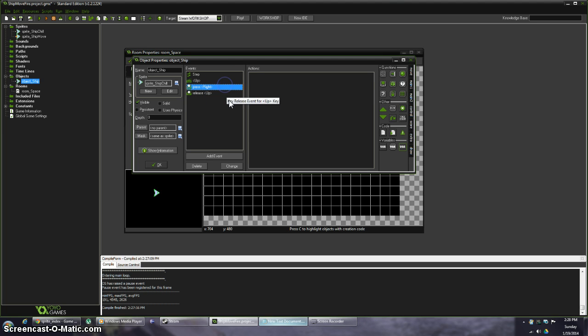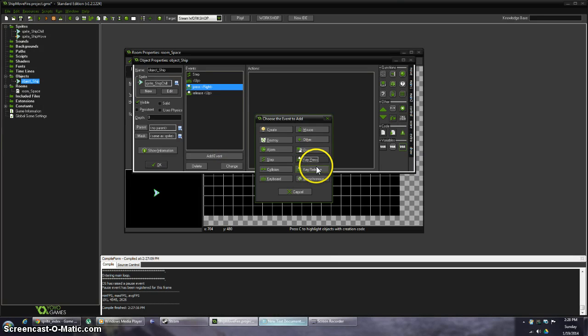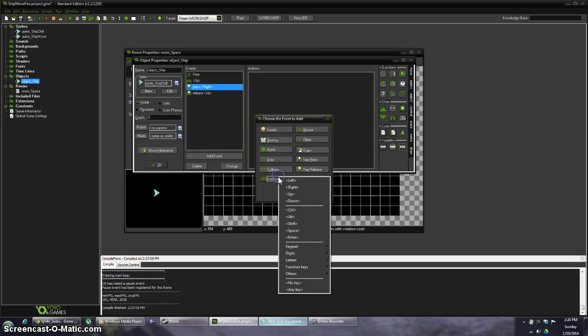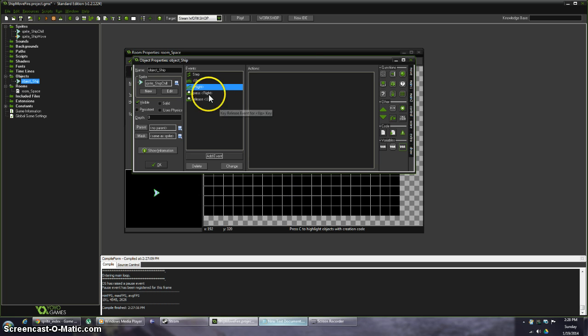So press means if I push down, as soon as it hits down, boom, it fires off once and once only. Same thing with release. That means as soon as I release it, boom, it fires off whatever actions I want. If you want to continuously do something, you're actually going to want to have just the key itself, just keyboard. So I should have done keyboard right. And while I'm at it,